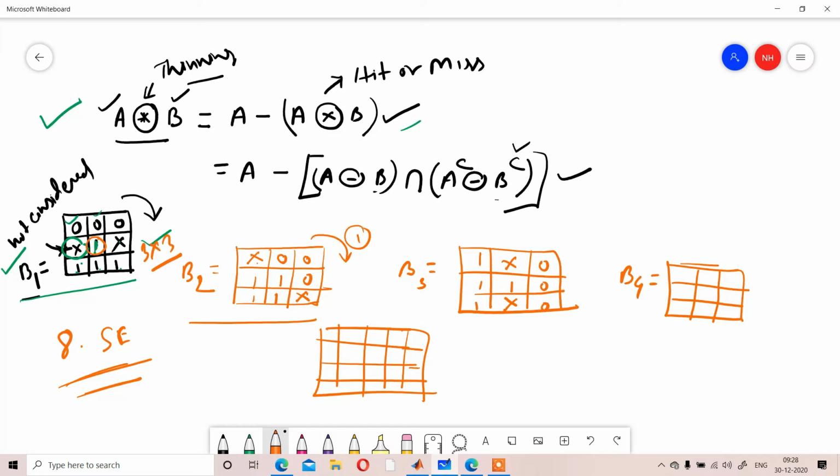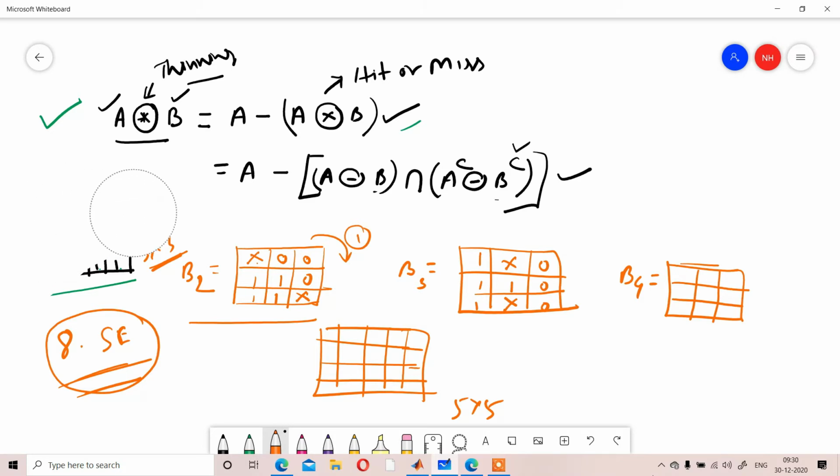Within that structuring element you can change your variables, meaning which position will be 0, which position will be 1, which position will not be used. That is completely your choice, but the structuring element will always be of a structure like 3 cross 3, 5 cross 5, 7 cross 7. Generally a 1 cross 1 structuring element does not give any result. If you consider a 5 cross 5 structuring element, the number of structuring elements used in a thinning process will increase.